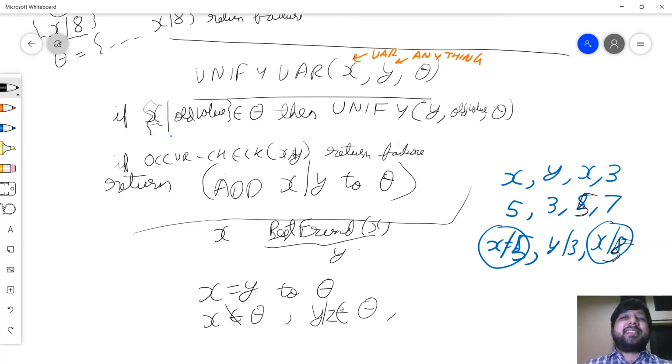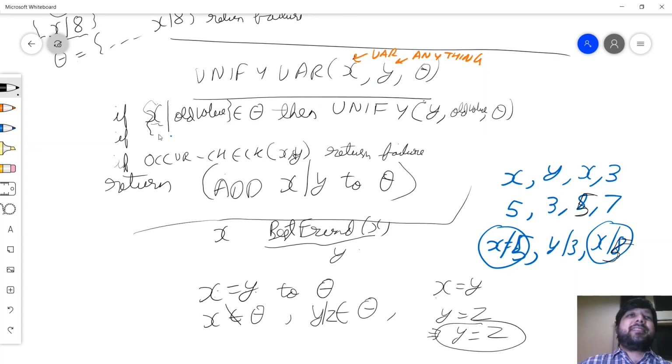So I have x is equal to y, which I want to add, and y is equal to z is already there in theta. That basically implies y and z should be compatible with each other. And let me write it down. So I just make sure y and z are equal, so I unify y and z.